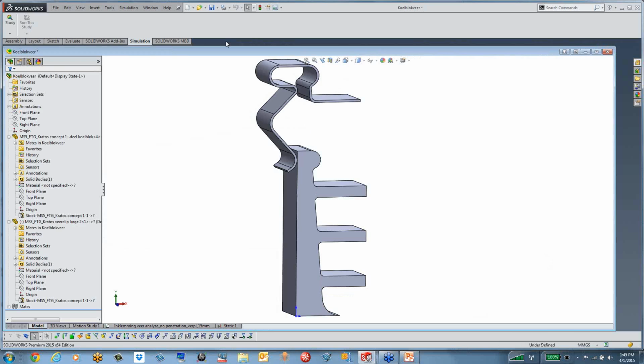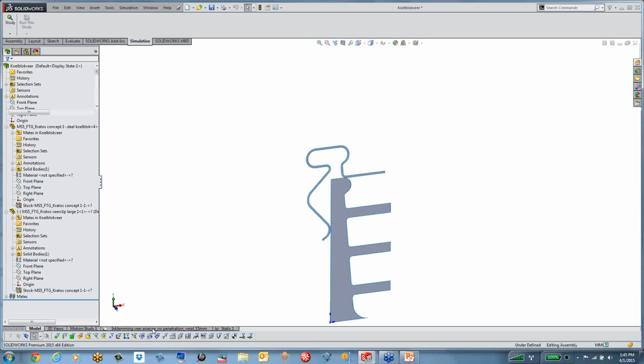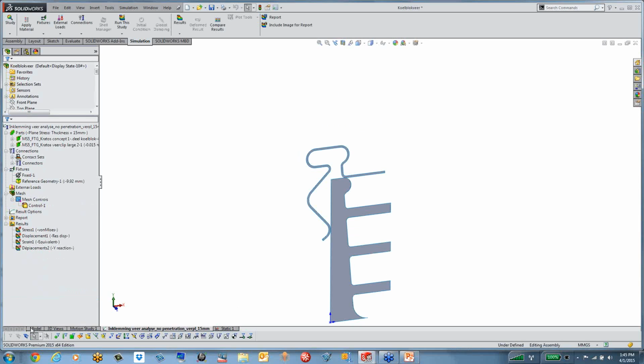So here again I have a simple 2-part assembly. It's more like a snap fit operation. It's a 3D model, but I can really take advantage of the fact that it's a plane stress type of scenario. So what I can do is go ahead and switch to, in case